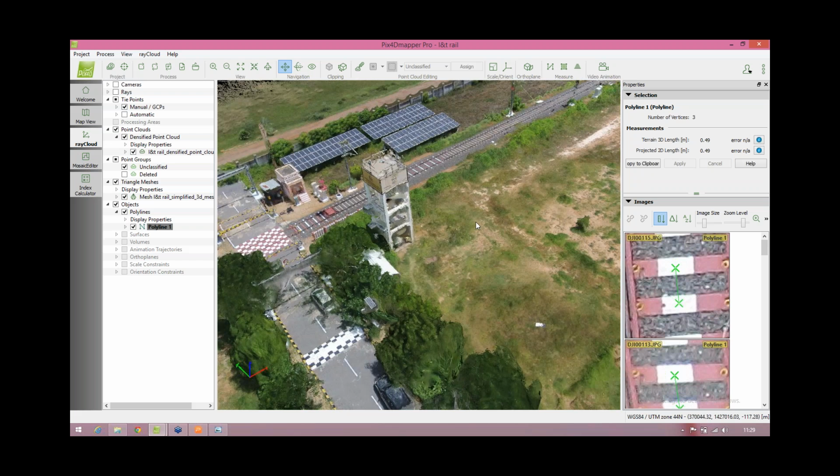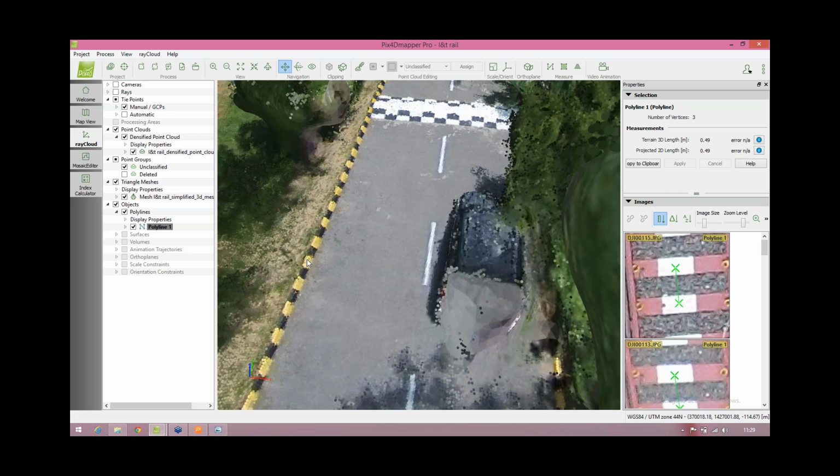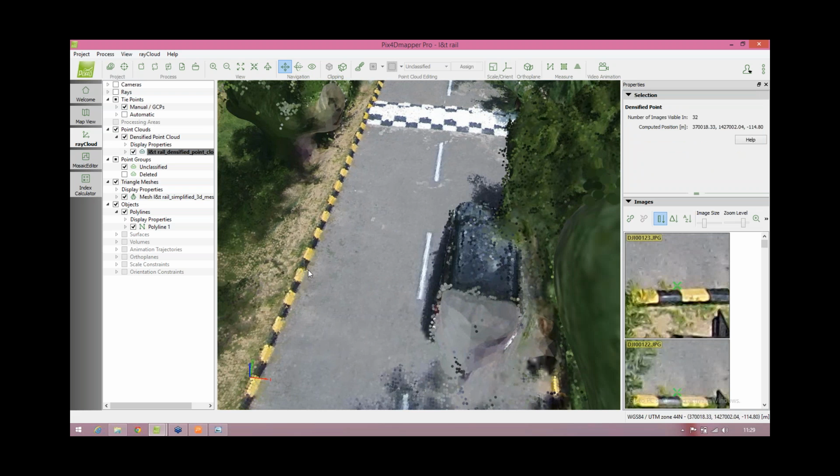Oh, let me show you a curve here. This is a curve that we've got, very nice, well-defined curve. Top of curve, we've got an elevation of 114.6, and bottom of curve 114.8. So that's about, I think it was 6, 7, 7, 3, and 8. So about 13 centimeters was showing. So there's about 2 centimeters. That's probably just a